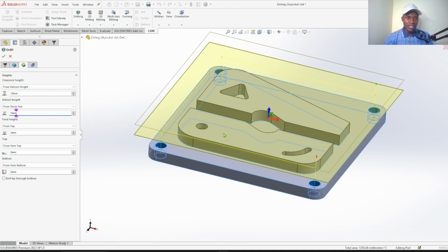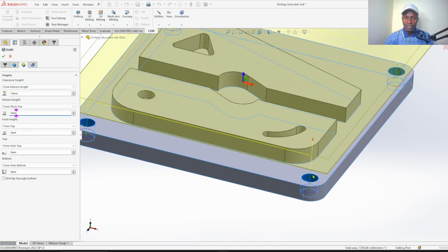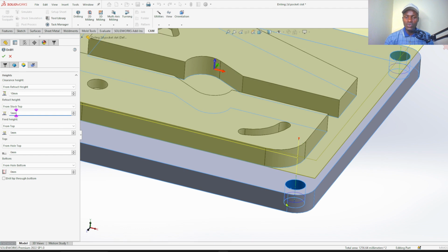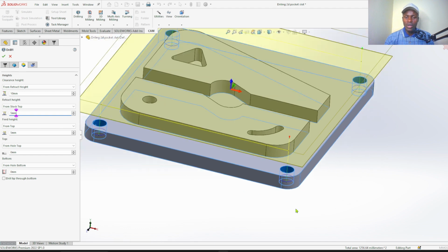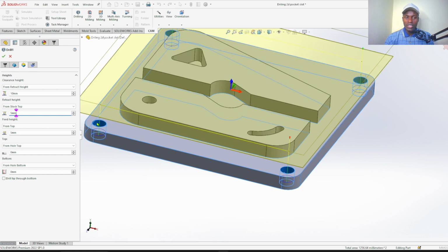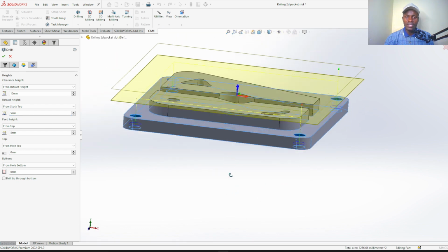So as it retracts 5 mm from top, that's when cutting one hole. So it can be cutting then retracting 5 mm, cutting, retracting 5 mm. So during retract, it will allow coolant to flow into the hole. But while it moves from one hole to the other one, it will move 10 mm from retract height. That's a safe distance to prevent breaking the tool.